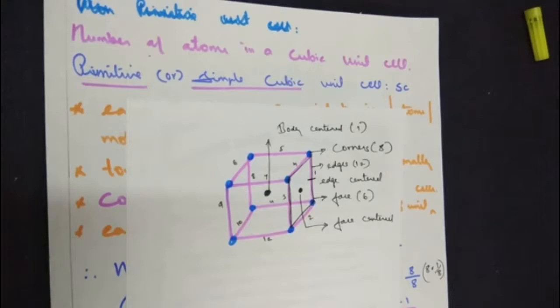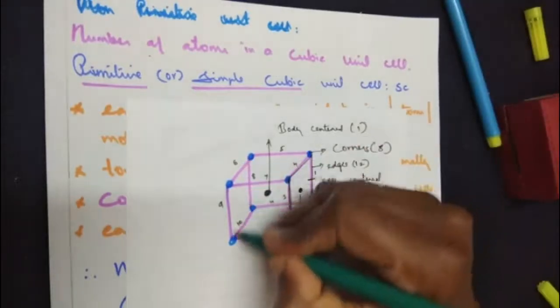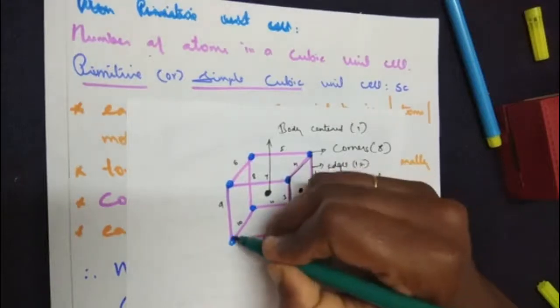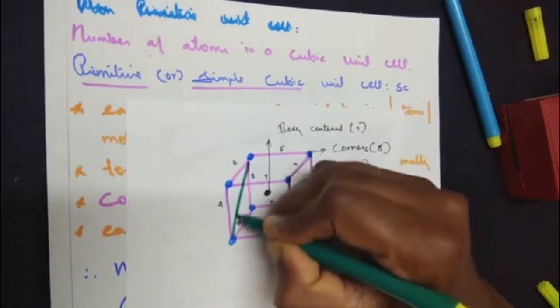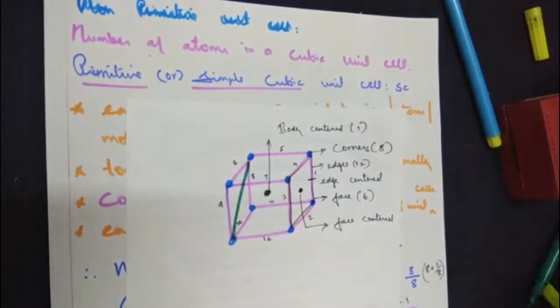Next we are moving on to the term called diagonal. Now let me draw it on the other side here. If I take this face here, this particular face, and go from corner to corner, I can join it. They are called a face diagonal.